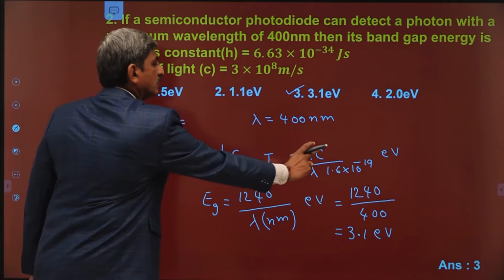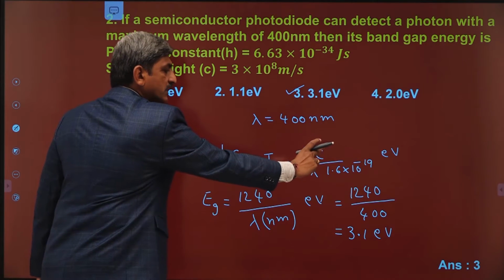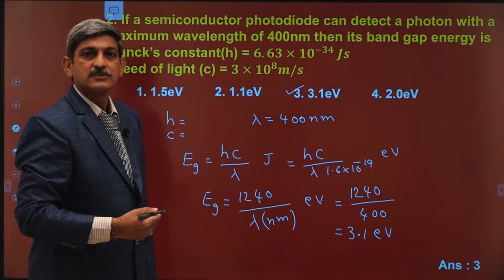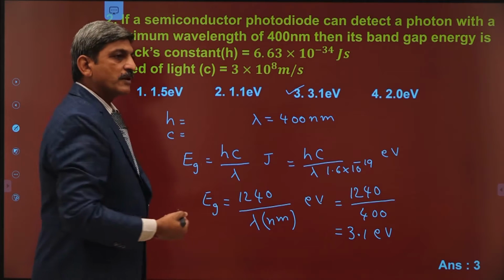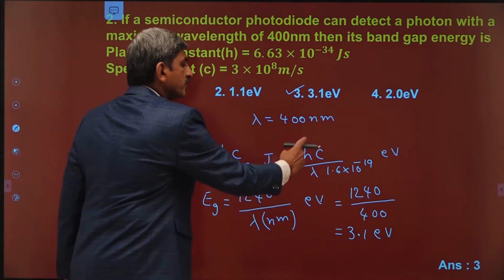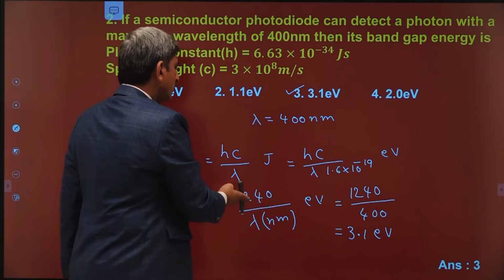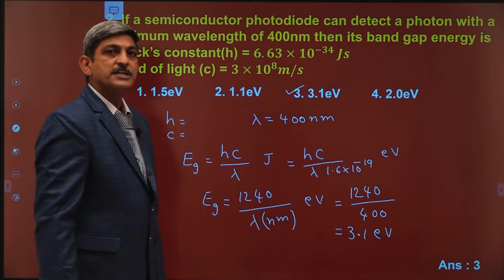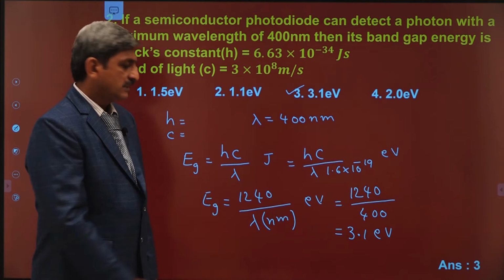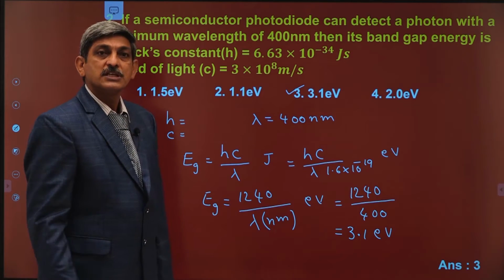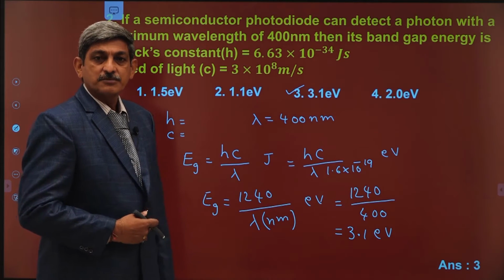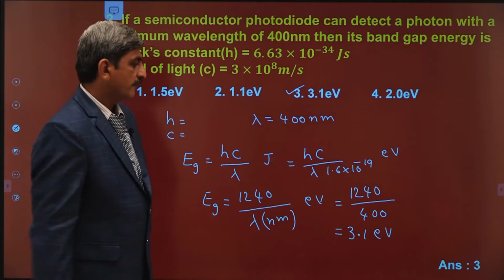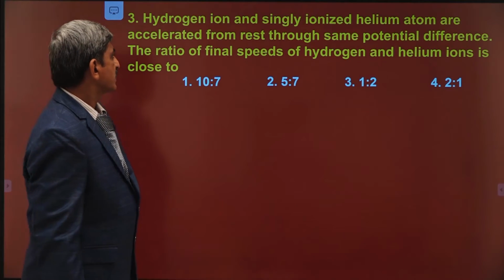Okay? Substituting h, c and lambda values in this equation and making the mathematical simplifications is somewhat lengthy. For that purpose, to solve problems in the easiest way, this value is pre-calculated and found to be 1240 divided by lambda in nanometers. If you know this concept, we can easily find the energy of the photon. Generally this concept is also used in photoelectric effect concepts and in the calculation of the energies of photons. Now come to the next question.